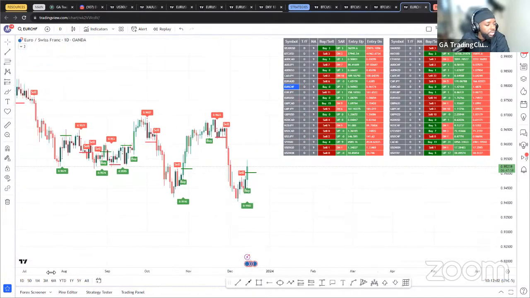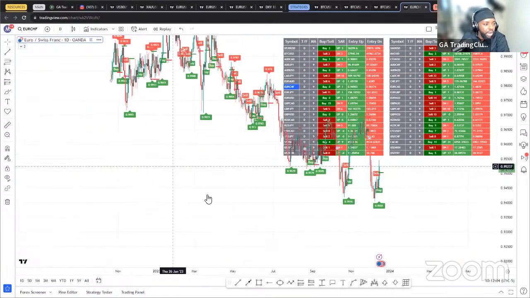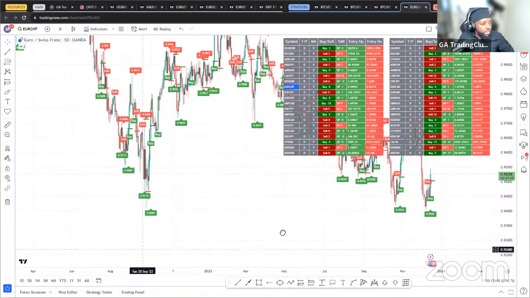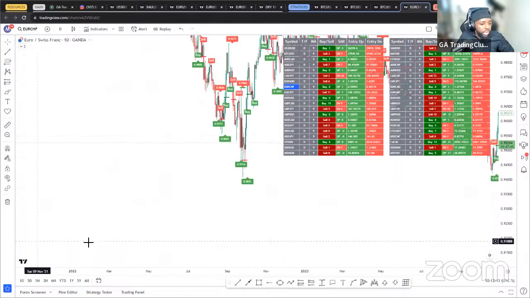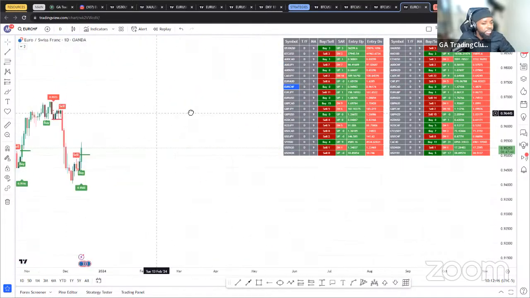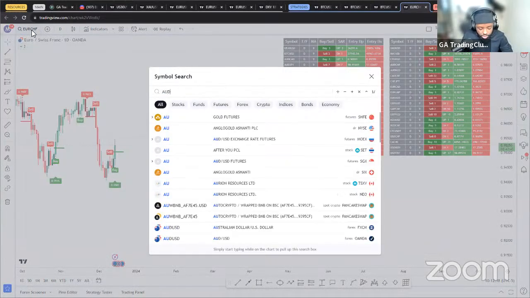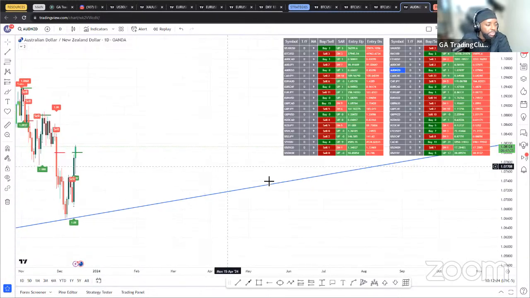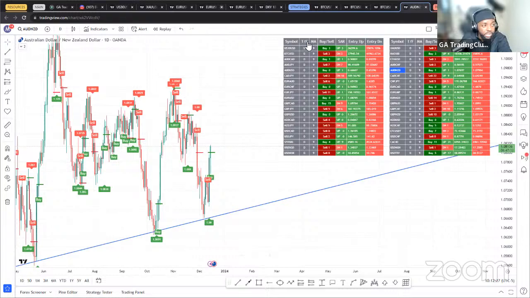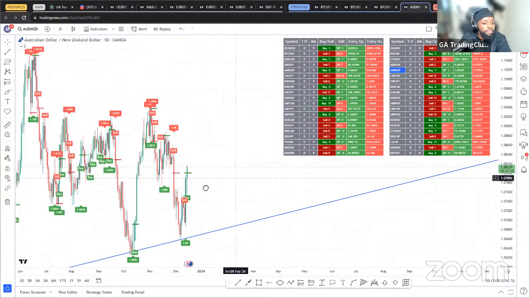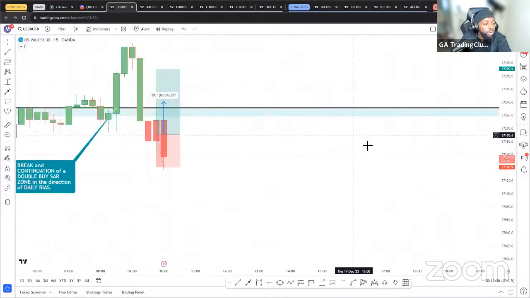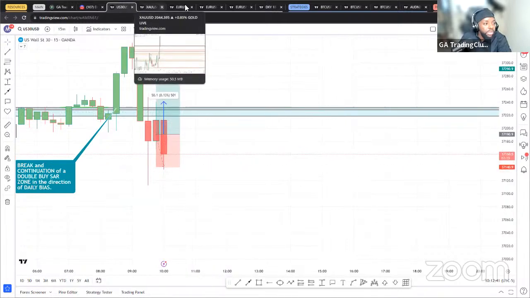Actually, no, I'm sorry. Euro CHF was a double bottom, sort of a triple bottom. So Euro CHF is actually pretty nice. Was it Aud NZD that had the uptrend? Yeah, Aud NZD is the one that had the uptrend. So those two instruments, Euro CHF and Aud NZD, I will be trading them with the EA starting tomorrow. So US 30, stop loss on that.